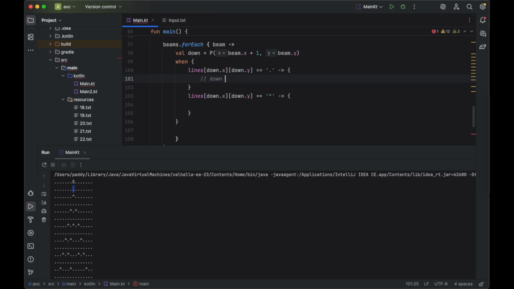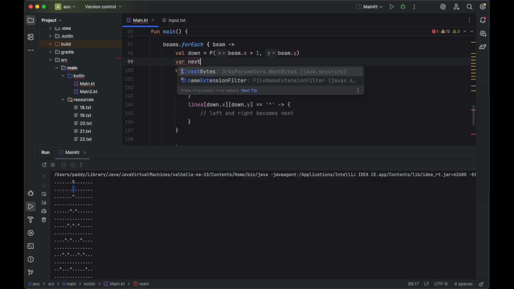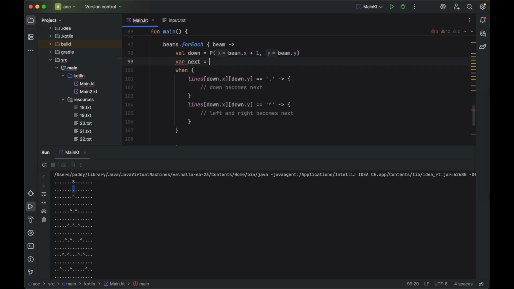Usually down becomes next, left. So we have to like say list of down. So it stays here, and here we replace it and say